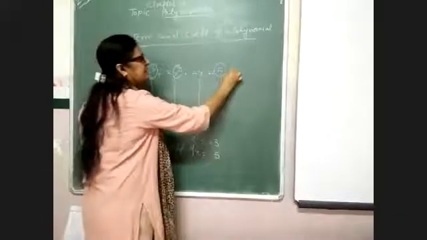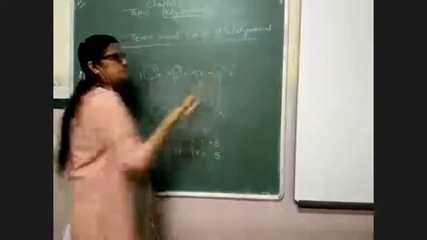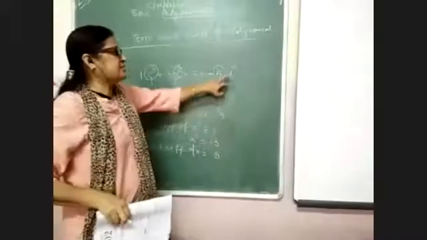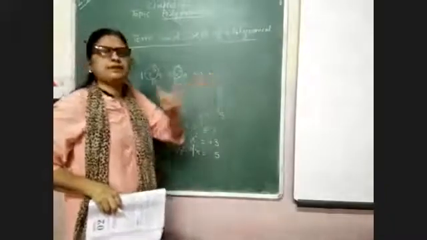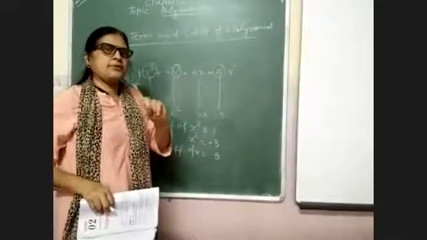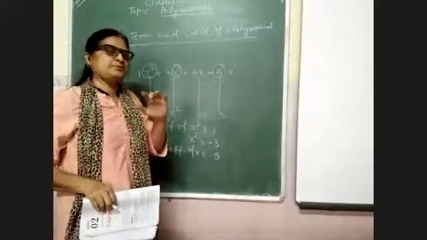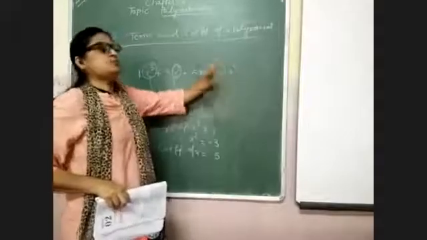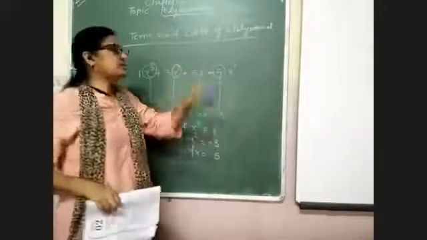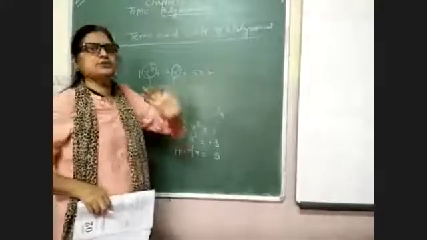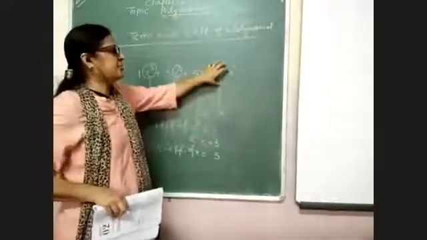Here the degree of the constant term is 0. You can write it like this because x raised to the power 0 is equal to 1. Yesterday I told you in the topic of exponent and power that x raised to the power 0 is equal to 1. So here the degree is given as 0. So constant polynomial.